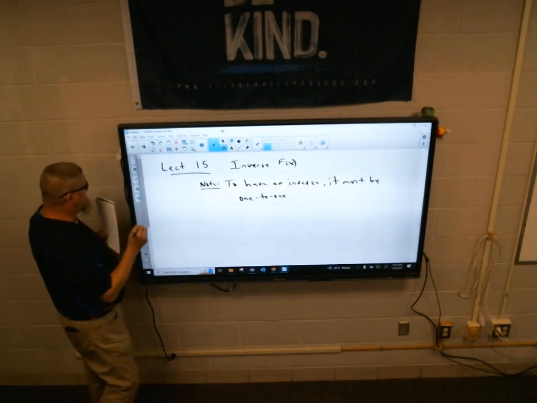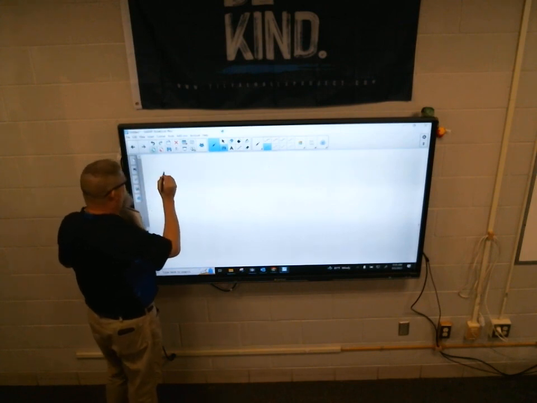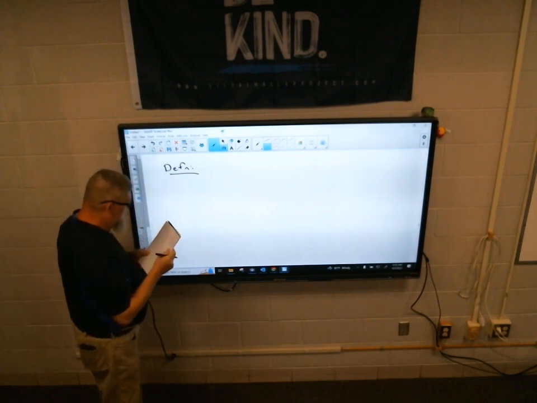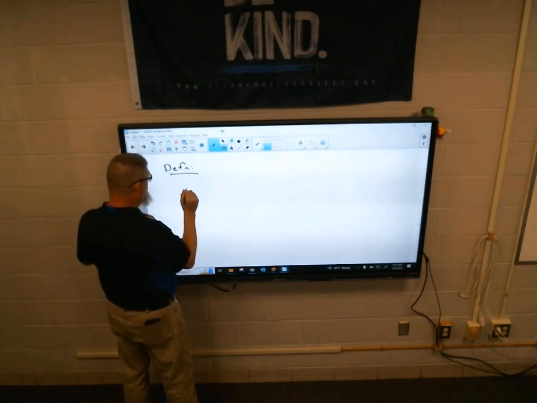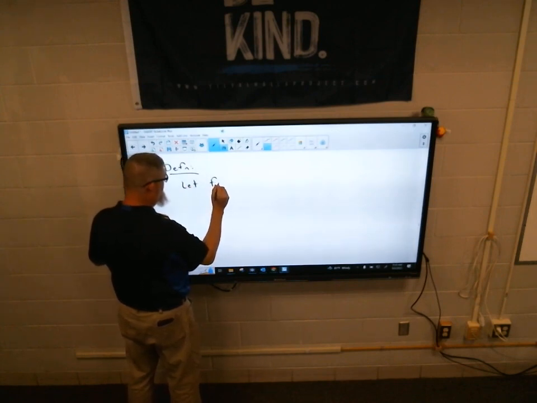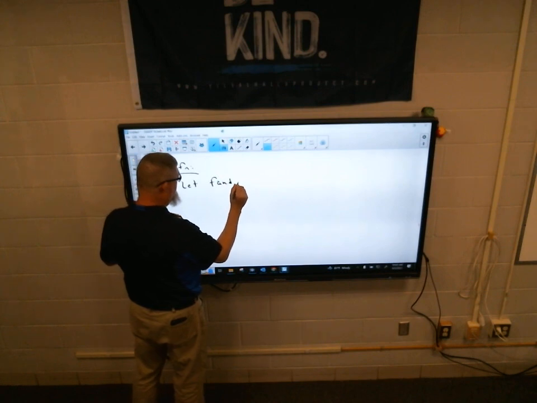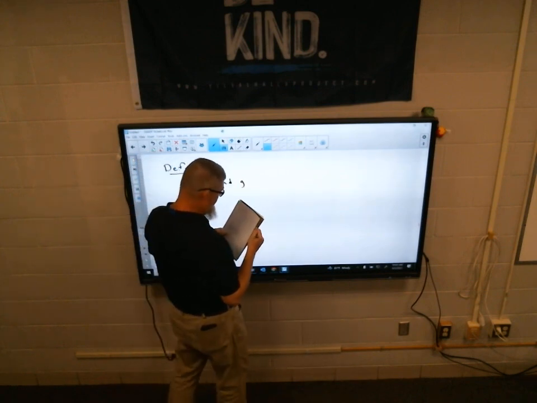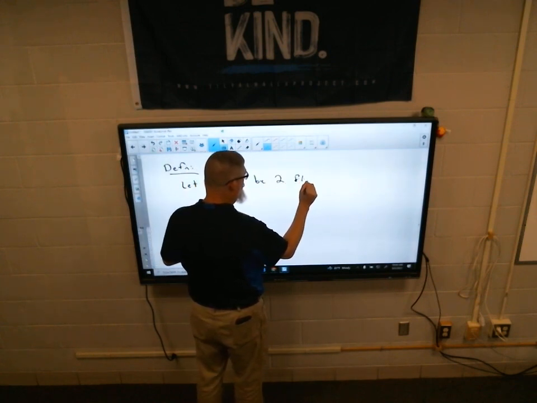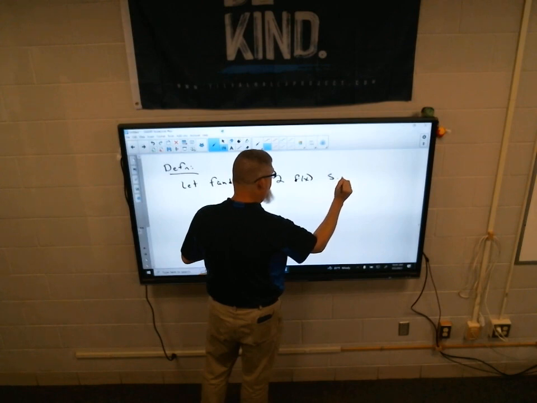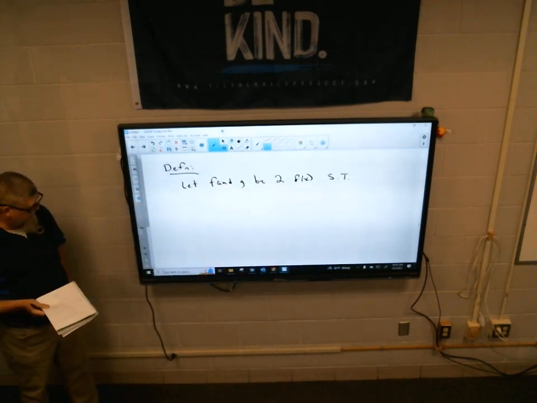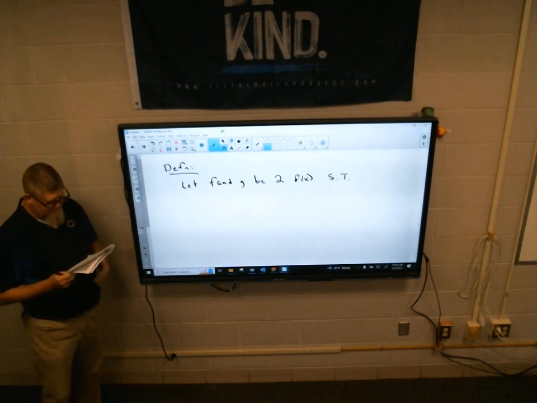So, definition. Let f and g be functions such that, and I'm just going to put ST, which stands for such that. So let f and g be two functions such that